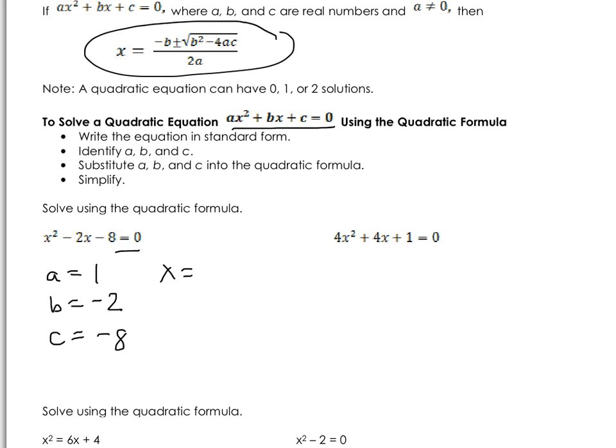So let's substitute those values into the quadratic formula. X equals, we first begin with negative b. Negative, negative 2. Plus or minus the square root